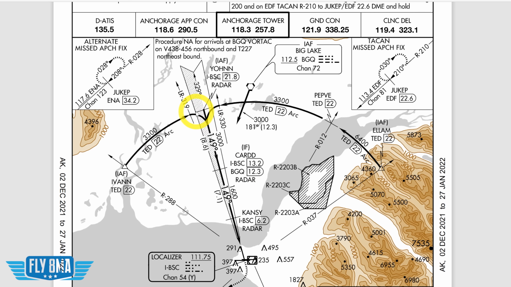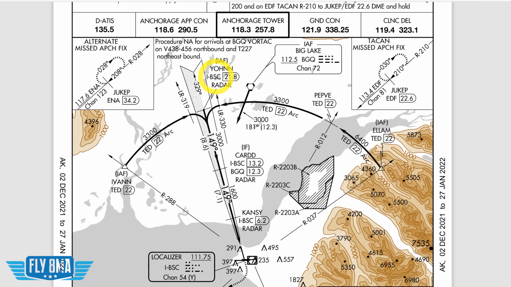Pretty much once you're getting to those lead radials, switch that thing over to the localizer IBSC on frequency 111.75. Again, underline there is no voice. There's a channel number showing us, yes, we have DME on that localizer. And we can identify things like Yawn on that localizer. Notice that's IBSC and then 21.8, telling us, hey, that's the DME coming from IBSC, not the DME coming from